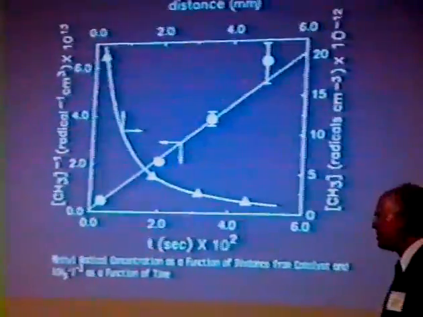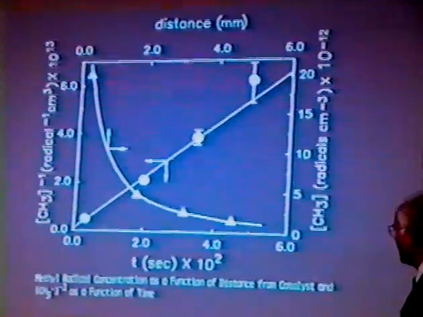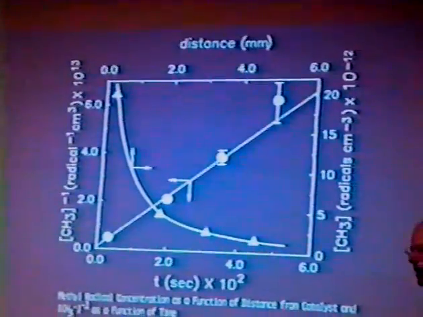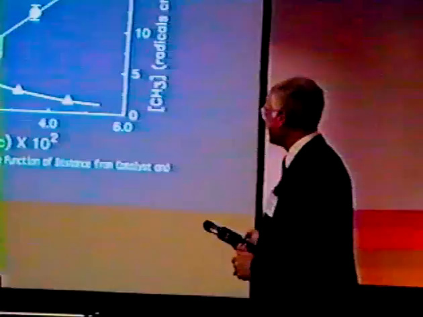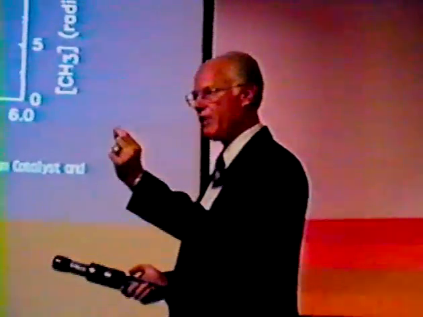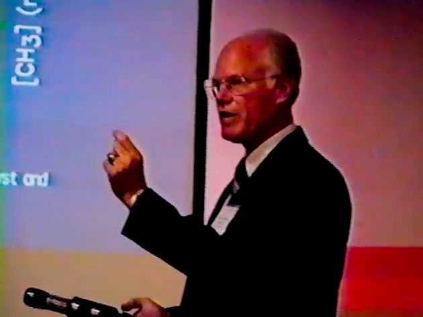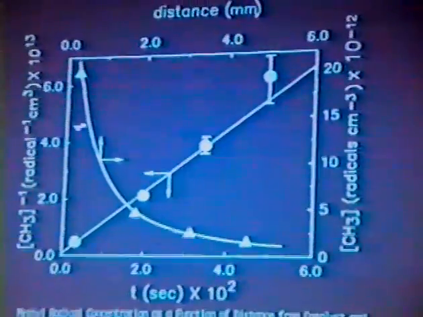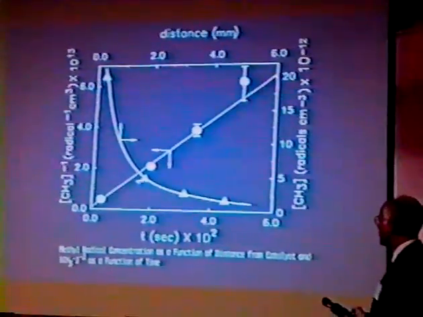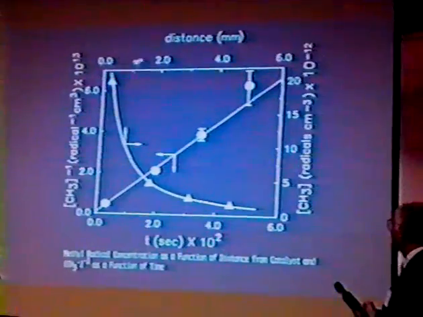And to answer this question, we have looked at the system operating at atmospheric pressure, and one in which we have moved our probe at progressively greater distances away from the catalyst surface, from the exit of the catalyst bed, and have observed the decrease in the concentration of radicals present as a function of distance